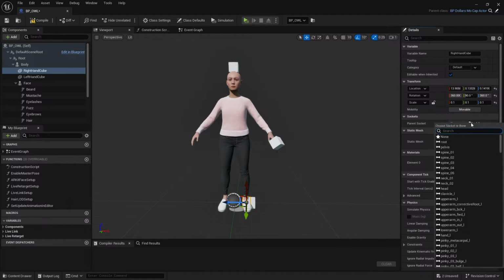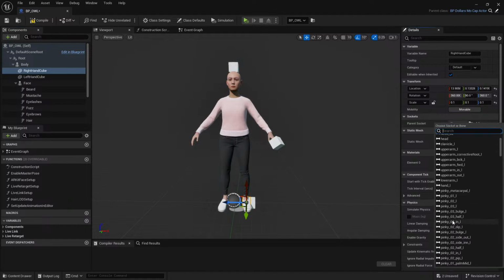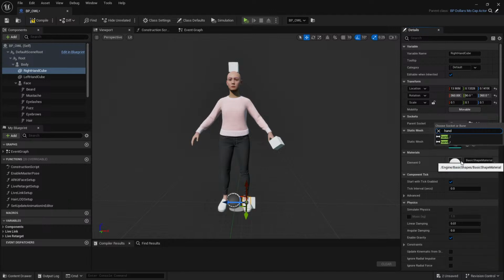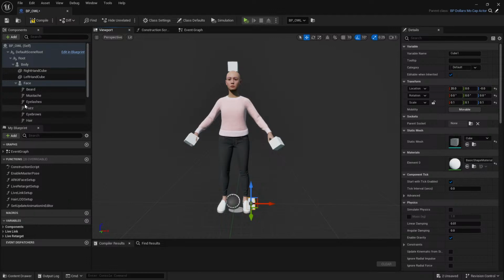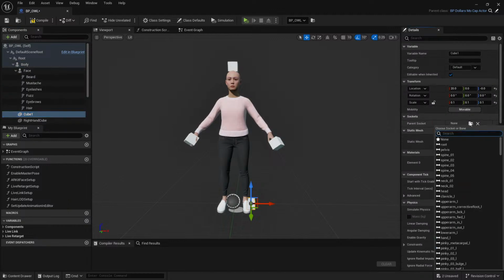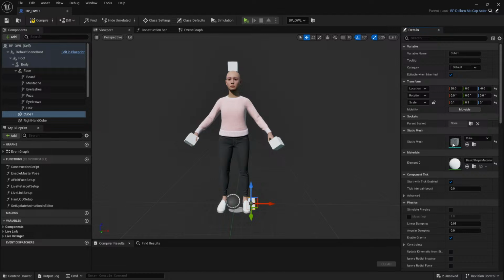Attach this to the right hand and underscore R. Great. Then attaching this to leg or foot, left, extending that to the end,